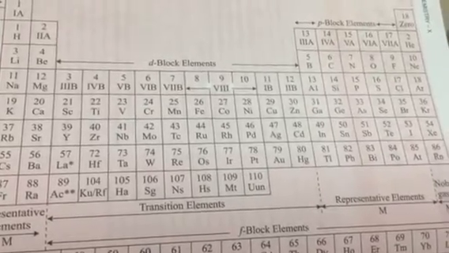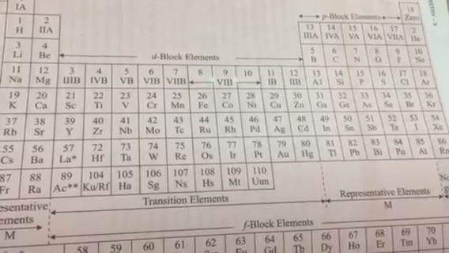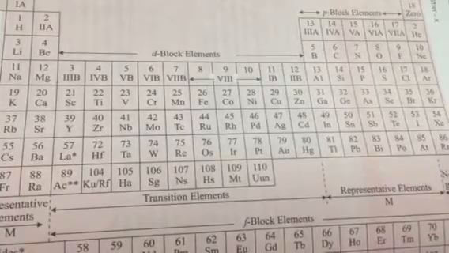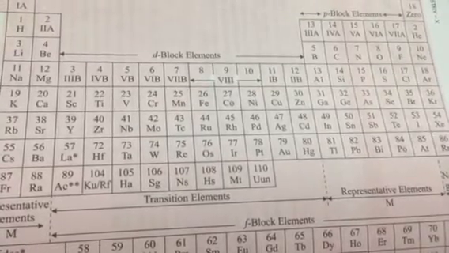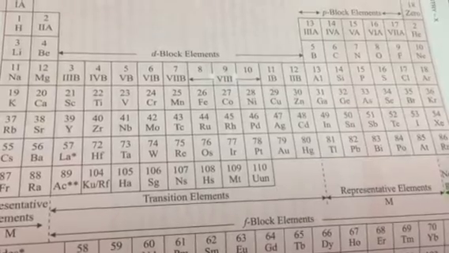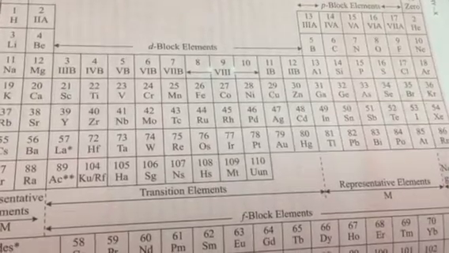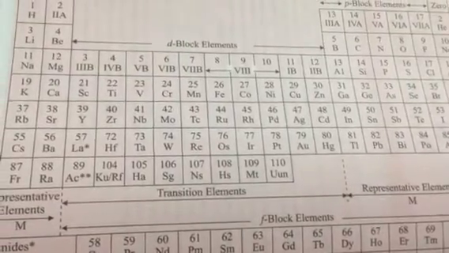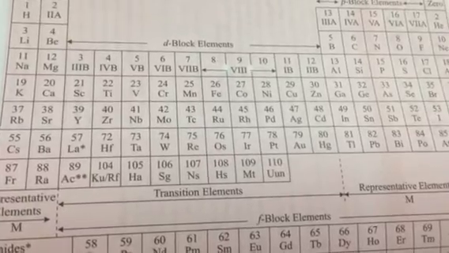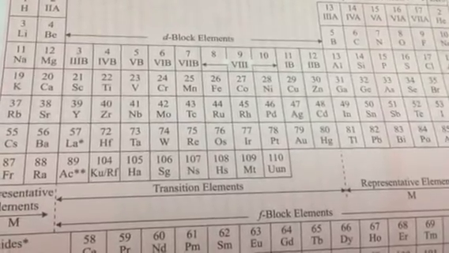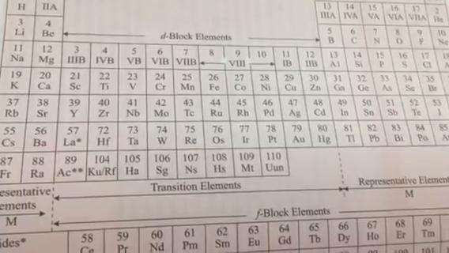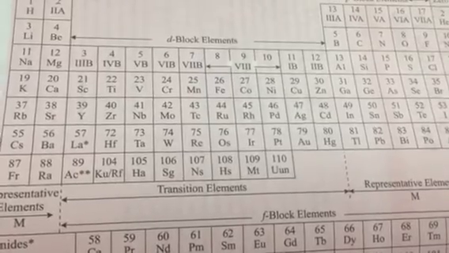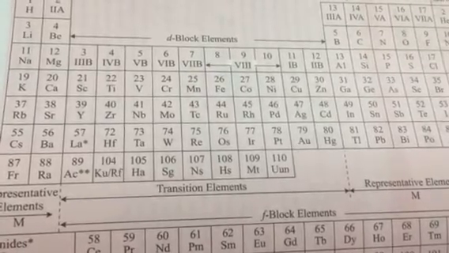Next we have the elements present from group 3 to group 12, stretching from atomic number 21 to 30 is the first transition series. They are known as transition elements because they show a transition from a metallic character to a non-metallic character. The left side of the periodic table is metallic in nature. The right side of the periodic table is non-metallic in nature. So that transition is brought about by these elements between group 3 to group 12.